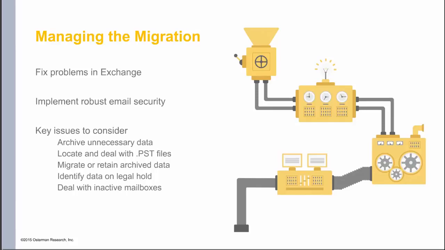You're going to need to migrate or retain your archived data, and you need to make decisions about what you can keep, what you're going to keep on premises, what you're going to migrate to the cloud, and so forth. It may be, for example, that you have old SharePoint data, old email data, old data from other sources that you just don't need to migrate into the cloud, into Office 365, but you don't feel safe in getting rid of that data. So you're going to have a strategy for having an archive on premises and potentially one in the cloud.